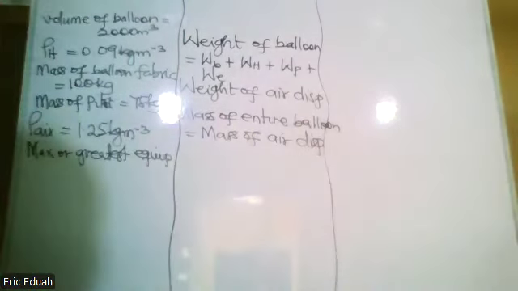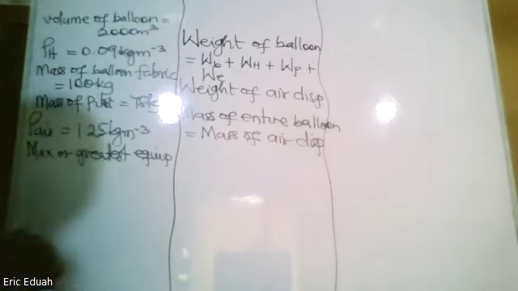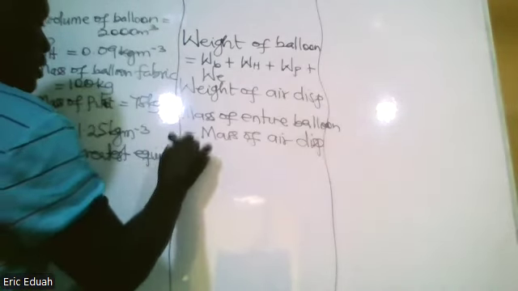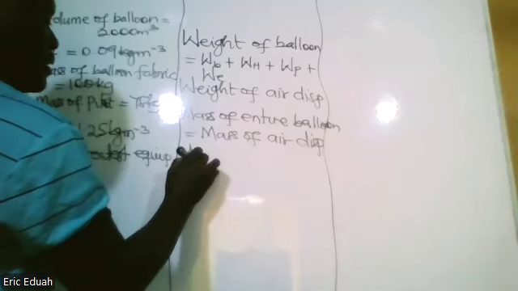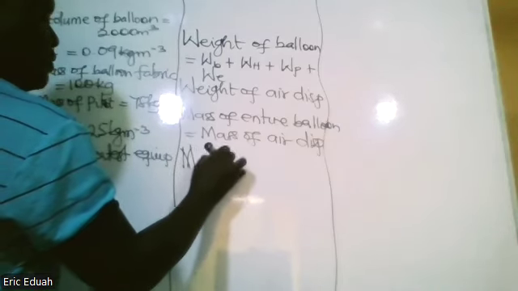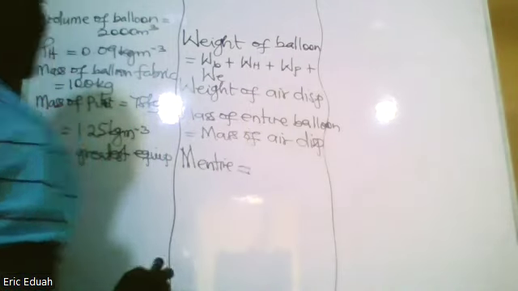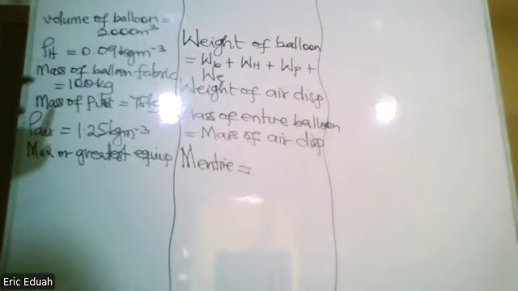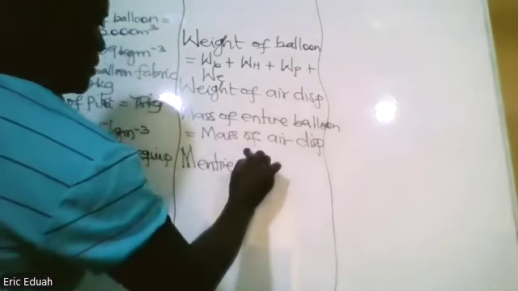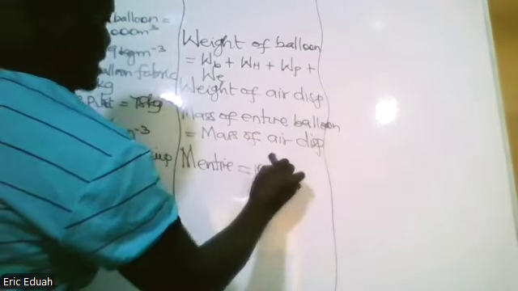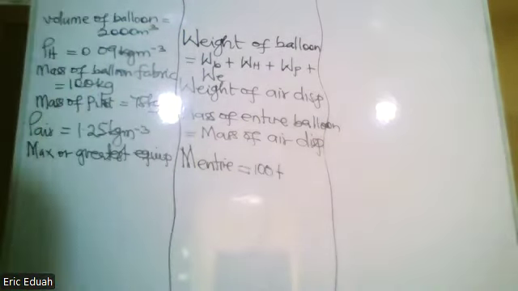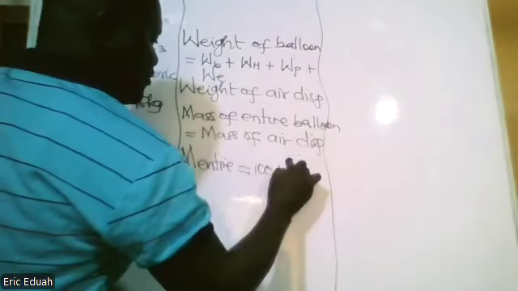Now, to determine mass of the entire balloon, we need to have the mass of the balloon fabric itself, which was given as 100 plus mass of the pilot, which was given as 75,